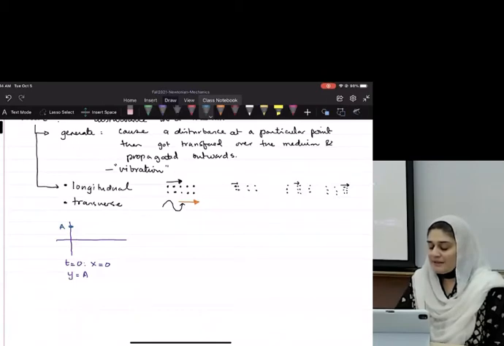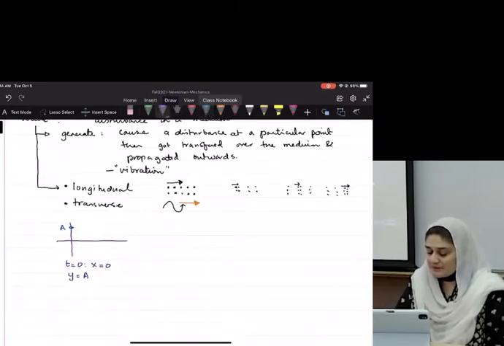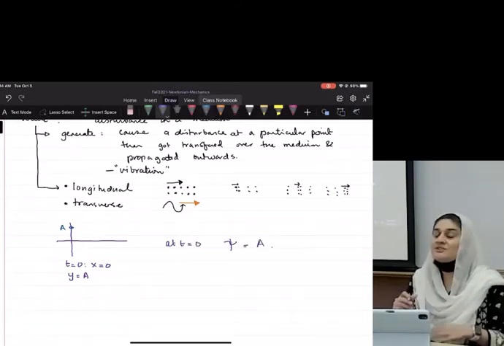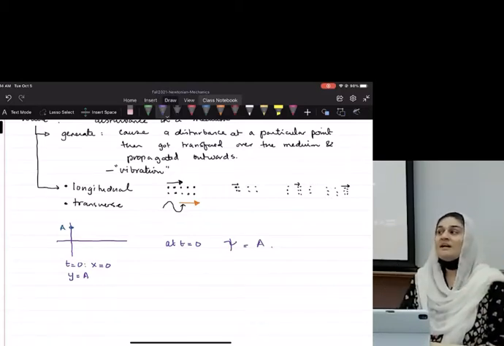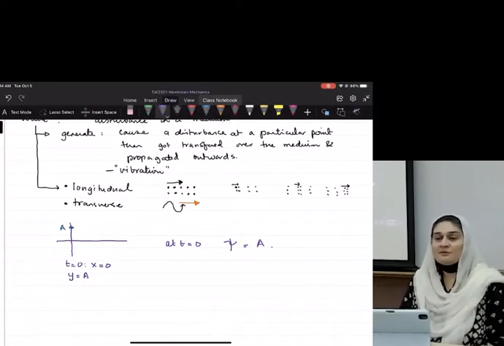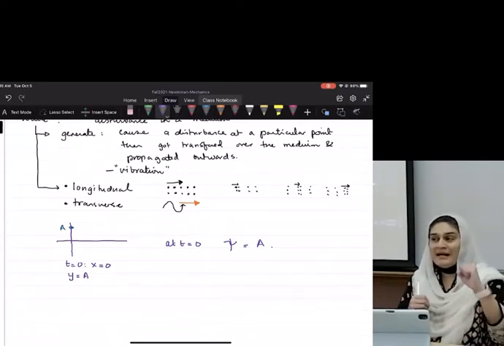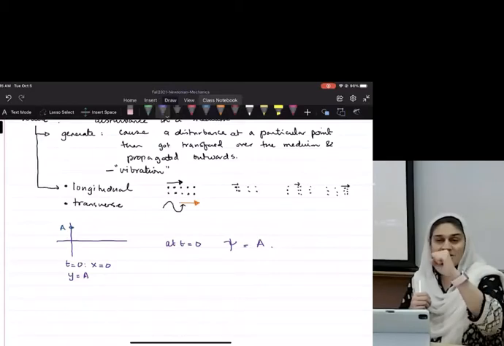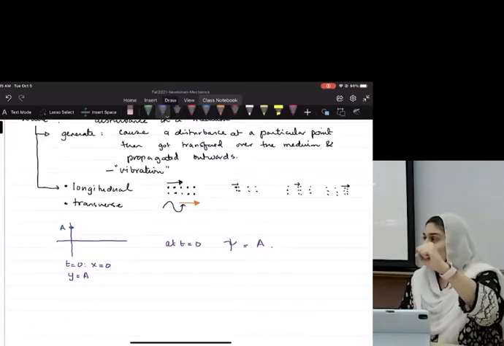If I write the wave equation at t equals 0, will the wave equation form be this? If psi is just the wave, I'm just using that symbol because everybody uses psi for showing a wave. You can use y if you want, but when people get to quantum mechanics and see the symbol, they think, oh my God, it's a scary thing. It's not. It's just how we define a wave. So all I have told you is that my point in space at time t equals 0 is x equals 0 and y equals A.